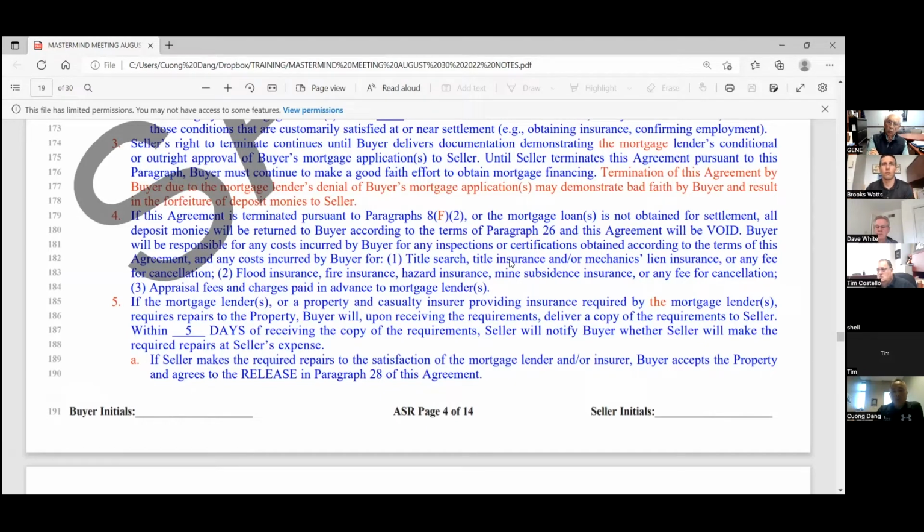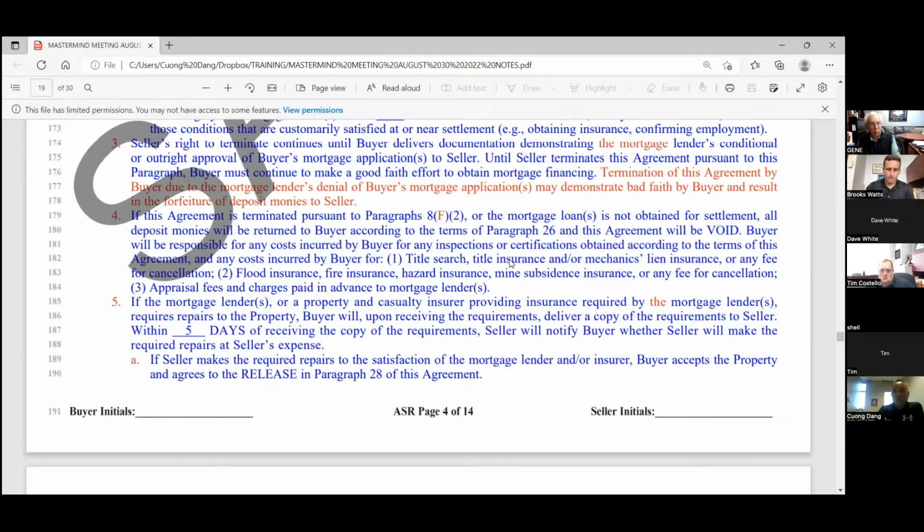So after hearing all the complaints, PAR met and discussed it and decided to move that paragraph below the section after you elect or waive the mortgage contingency. So once you waive the mortgage contingency, right here, see section F there, you either elect or waive. And if you waive, everything below it does not pertain. So now that paragraph is under